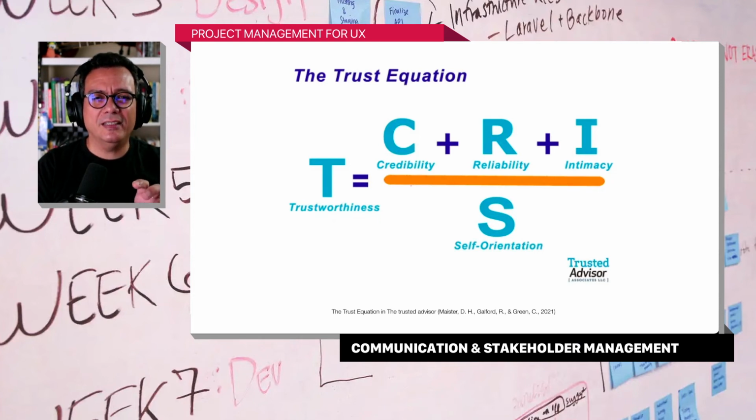Those two, I think, are the aspects of the trust advisor equation that people in every work culture can understand. This is what we call professionalism. You're credible because you have some expertise, some experience, and you're reliable because, for the lack of a better word, you're a good worker. The other two, intimacy and self-orientation, are a lot more on the soft skill side of things, and something that people don't tend to pay such strong attention to